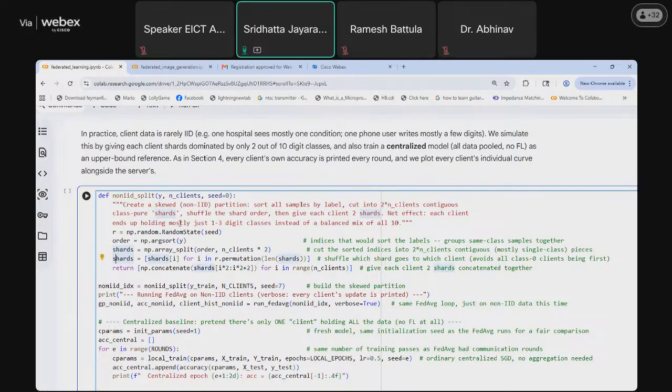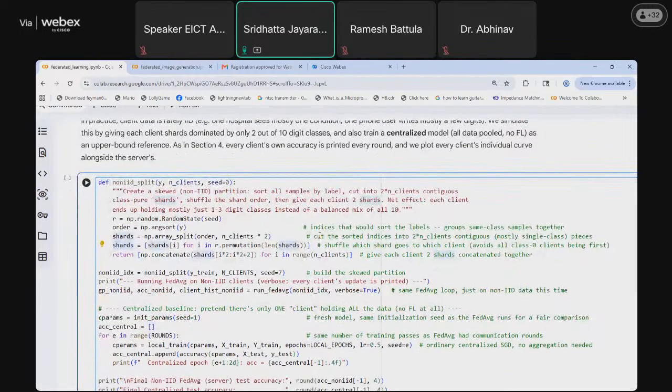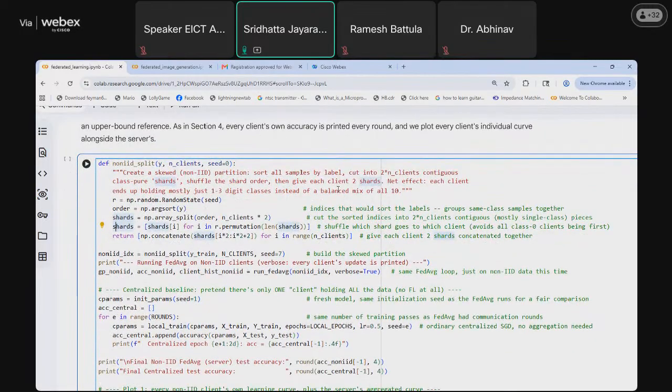So what we do is we create a skewed partition, and the theoretical implementation is we divide the data into 2n shards, a shard being a group of data with almost two classes, two classes max, 1 to 3 digit classes, rather than a balanced mix of all classes.